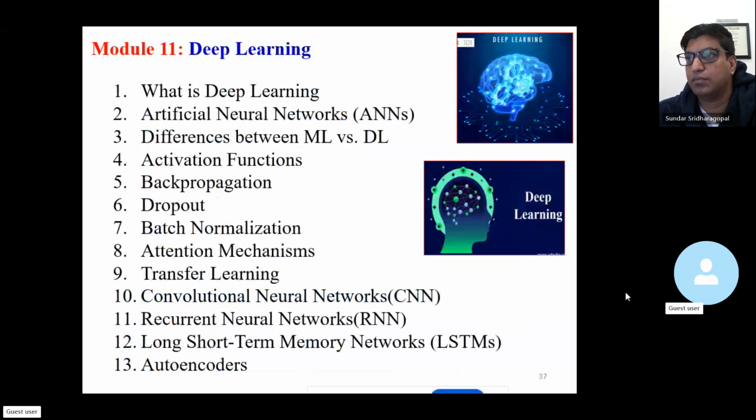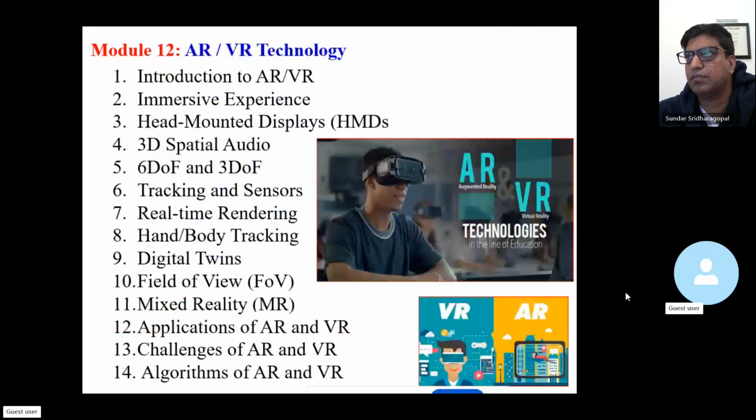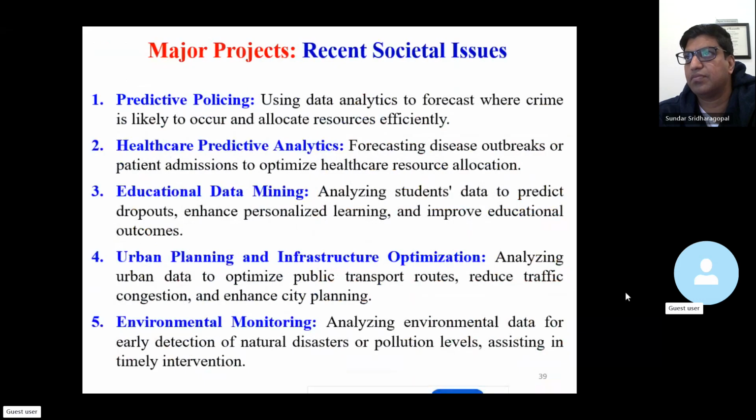This is about deep learning techniques. Then see module 12, augmented reality and virtual reality. So what is the introduction, immersive experience, head-mounted displays, HMDs, 3D spatial audio, tracking and sensors, real-time rendering, hand-body tracking, digital twins, field of view, mixed reality, applications of reality, challenges and algorithms. This is about the data science 12 modules, and these are the major projects I explained yesterday night, like